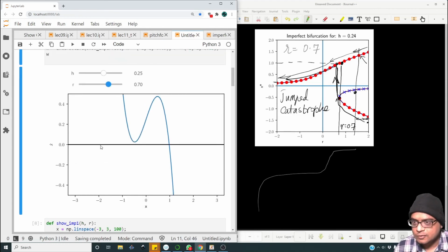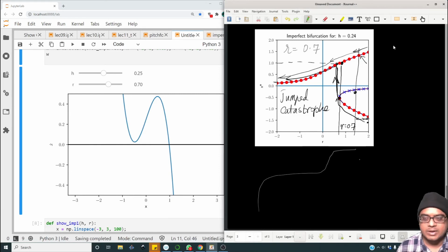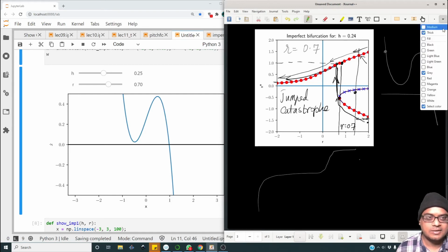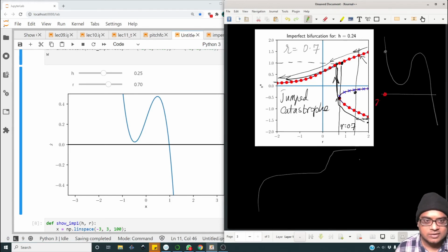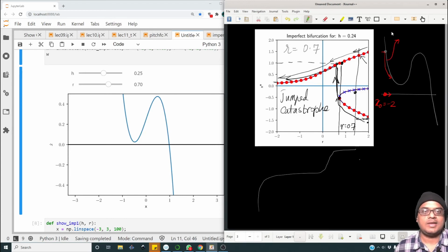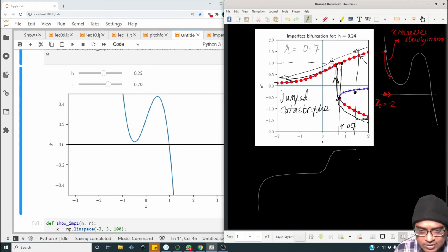The initial condition is over here. Let me draw this curve parallelly. The initial condition is somewhere over here. This is x naught equal to -2. So the value of x dot is positive. So the point starts to move towards this, but it moves very slowly initially. So from this to this, x increases slowly in time. And that explains that,